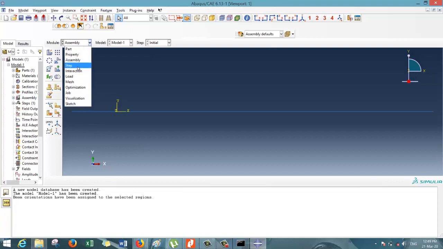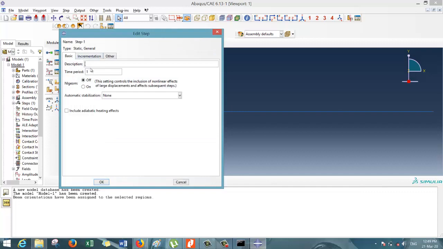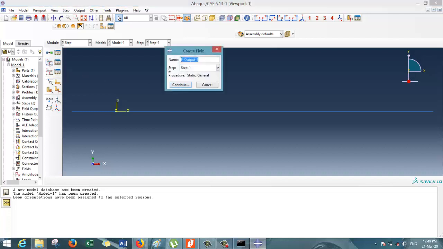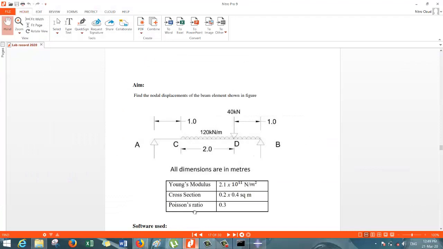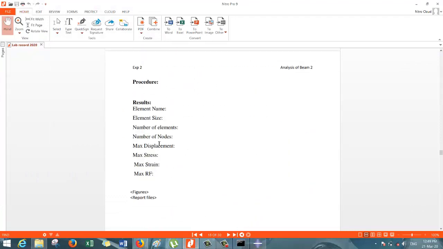Then go to module step, create load step, static, continue, click OK. Then go to create field output, continue. So now go to the question, what are all the results that you are interested in.